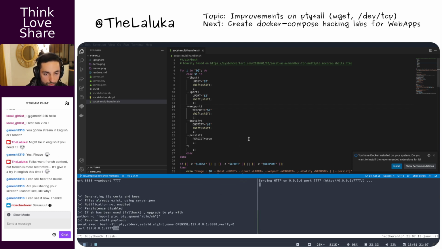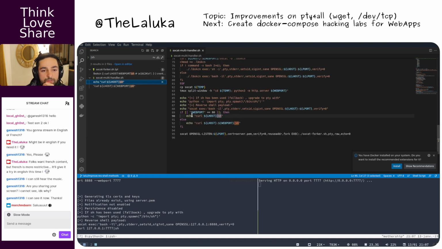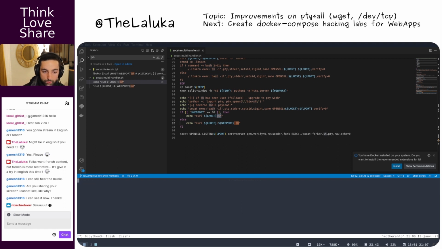So I remember exactly how I made the tool anyway. At some point I say here, use curl pipe sh or with the web ports. So that's definitely the one I need to modify. First method, I would like to have wget. As I try to use curl and have everything printed out to stdout to feed it to sh, I need to have wget print things on stdout, which is not its default behavior.